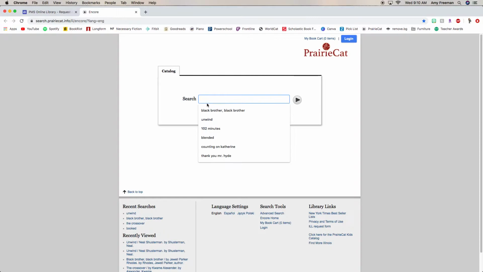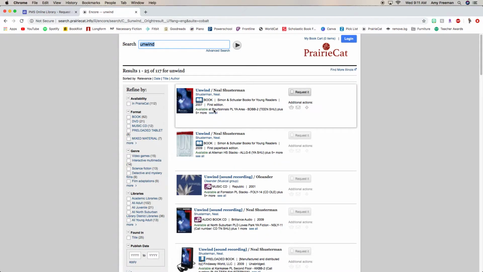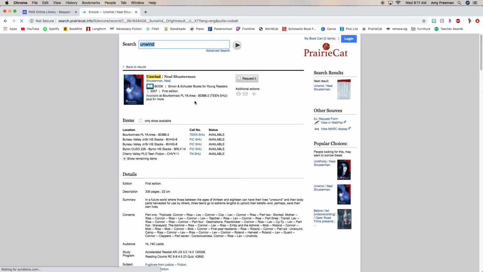Once you're here, you type in whichever book you want. When you do that, you'll see all the books in the system with that keyword. So Unwind by Neil Shusterman is the one we're looking for, so we'll click on the title. Now before I show you where it's available and if it's available, I want to show you some of the